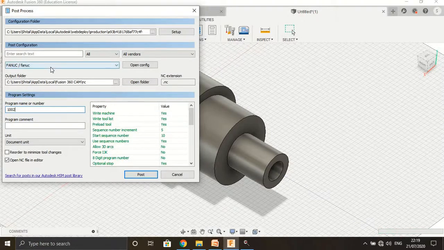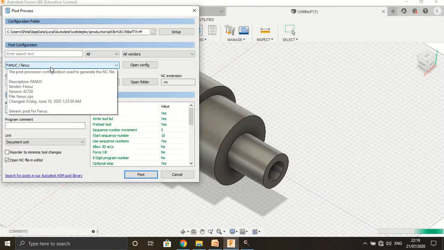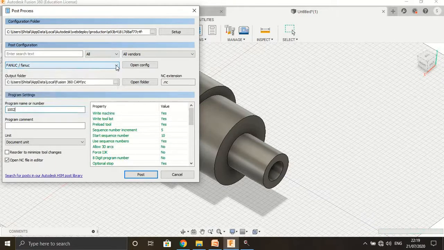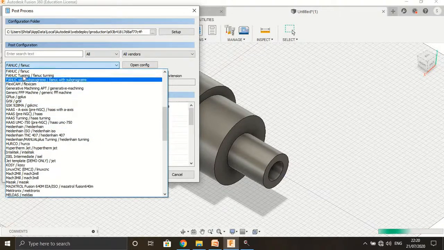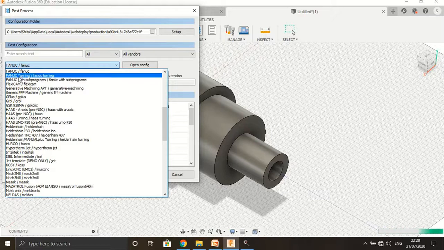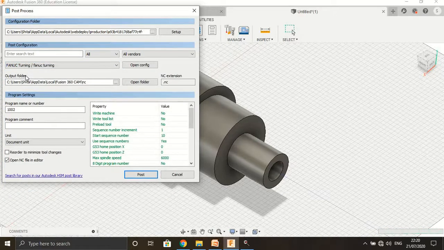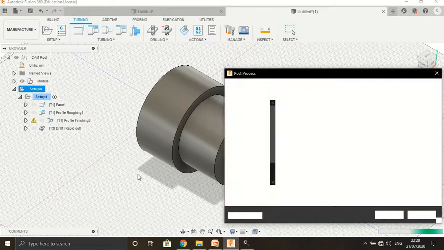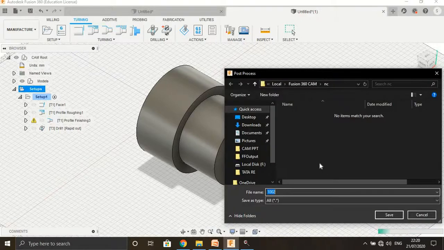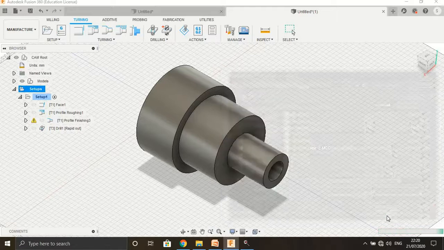And also we can select the machine. So a number of machines are available in the market. The most widely used is the Fanuc turning machine. You can select the machine, then select the post, then select the destination, on desktop, and save.